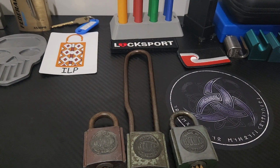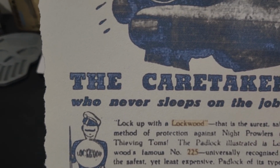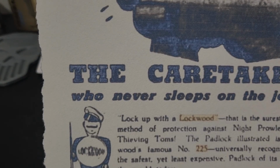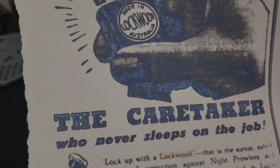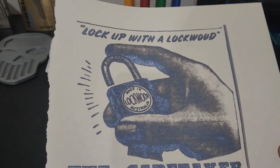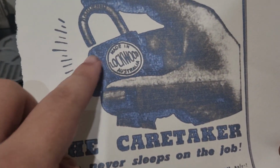Right. So this right here is an ad from, let me just read my notes, the Sunday Mail, the September the 5th copy in 1948, so from September 1948 is when this ad was in the paper. As you can see at the top, we got Lock Up at Lockwood, got our 225 illustrated right there,